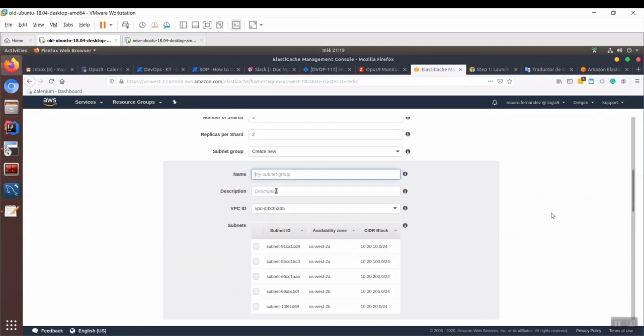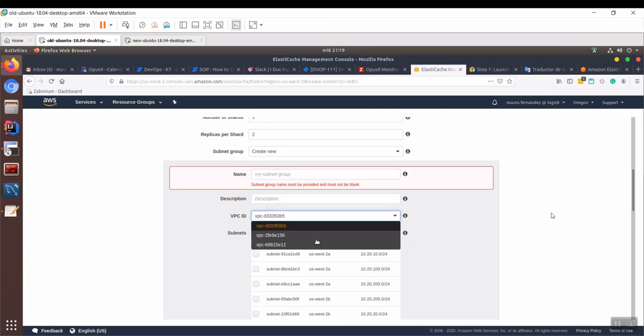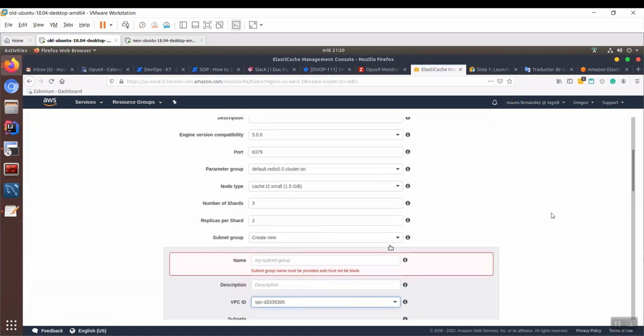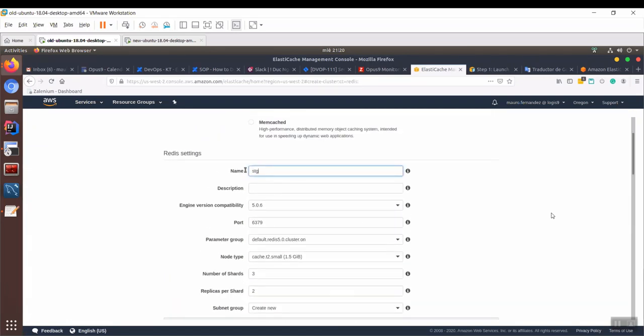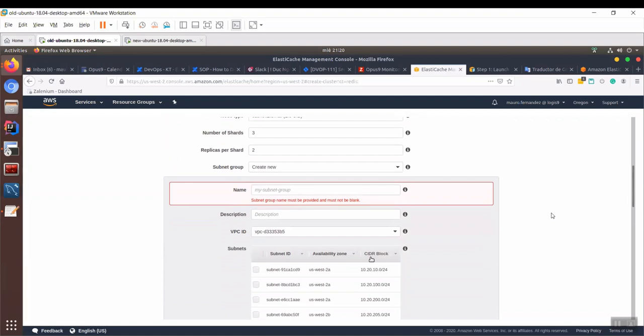Name, my subnet group, description, and so on. The VPC. I don't remember exactly which one it is, but probably this is Dev, Staging, and Prod. So if we want to test, right now do some tests on Dev. You can do all the tests that you want. Create a Redis cluster, and then delete it. Do a test to start having some knowledge of how the Redis cluster works. You can always try on test. It's not a problem. Create a new one, test it, and then delete it to not spend too much money on testing. But you do all the tests that you want.